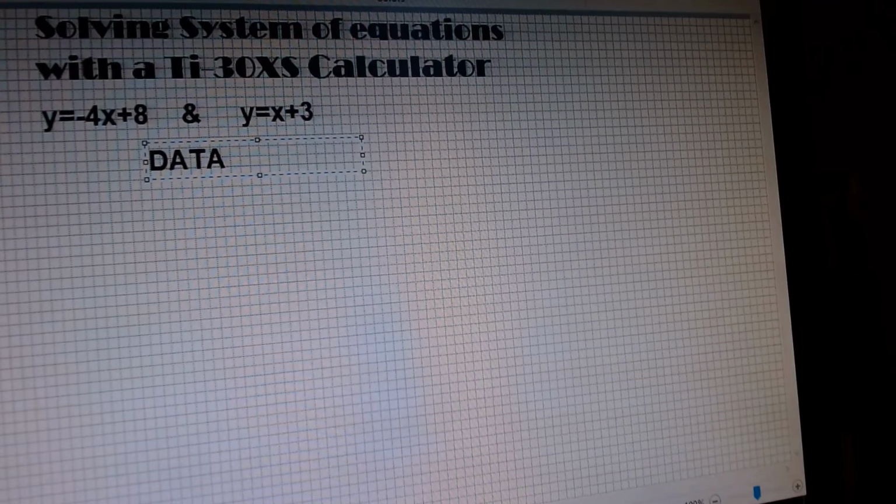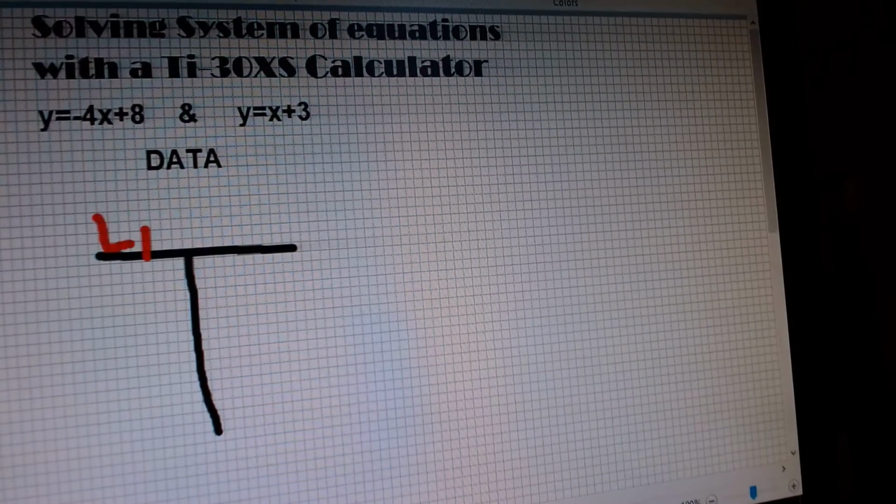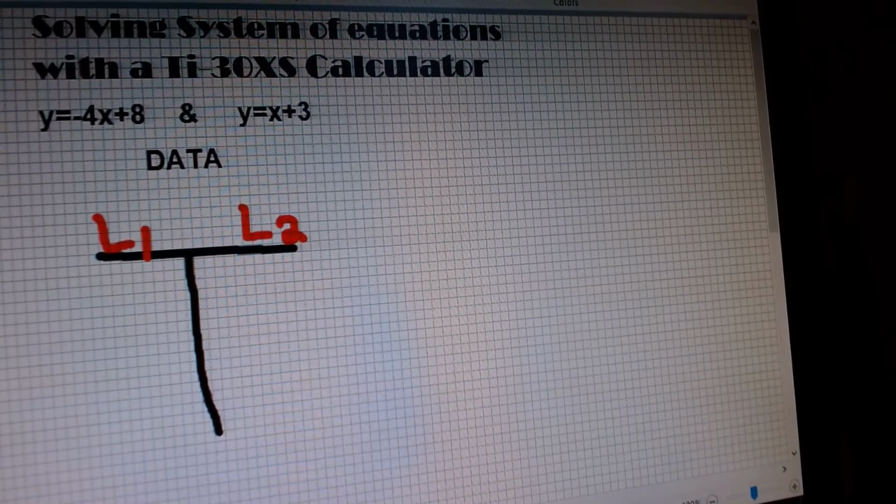We're going to use the Ti-30XS calculator, which does not have a graphing function, but it has a statistic function called data. And when we go into data, we're going to look for L1 and L2. I'm going to draw a quick t-table and label it L1 and L2. And so if I was to go into my data mode of my calculator, L1